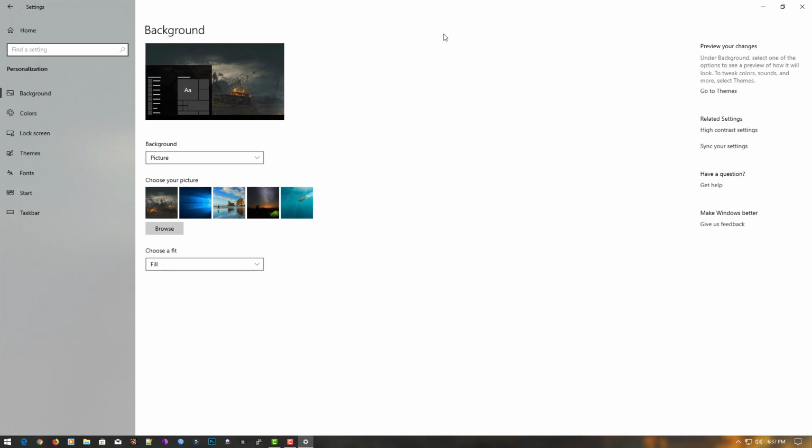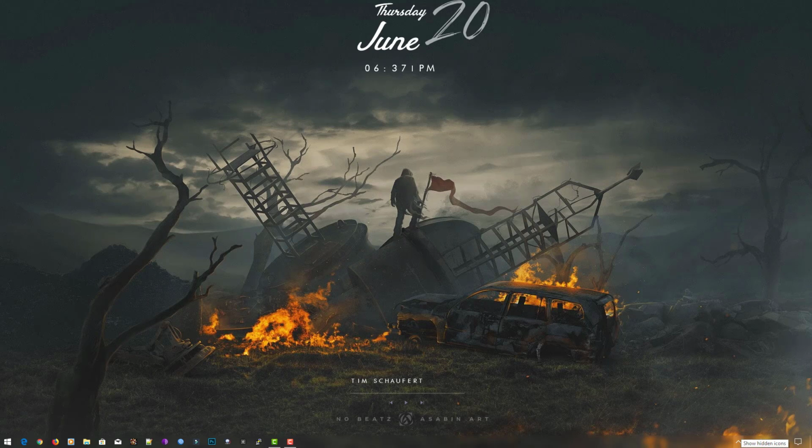So this is the way how you can disable the tablet mode in